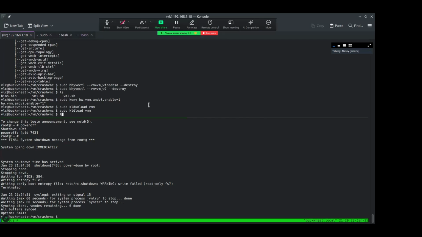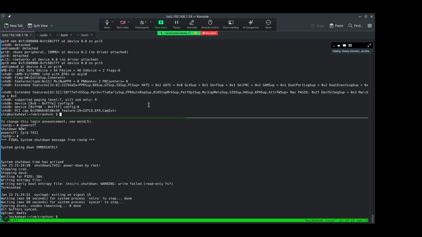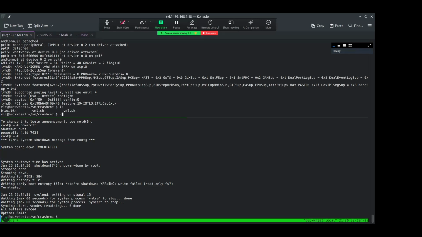Yep, I'm getting a lot of output on dmesg. sudo dmesg output. Yep, IVHD and AMD IOMMU. Yeah, so what kind of AMD CPU are you running? A Ryzen 7 5800X. Ryzen 7, so that's Zen 4? It's Zen 3, as far as I know. Okay.